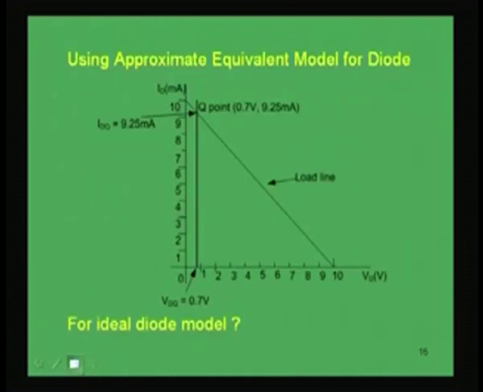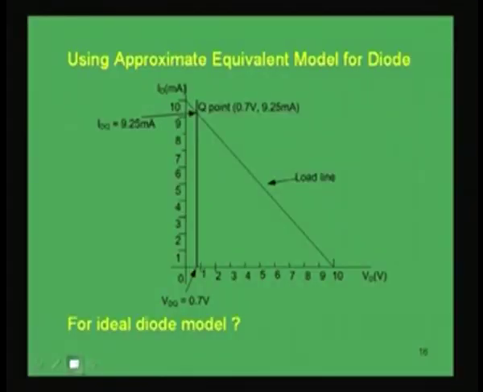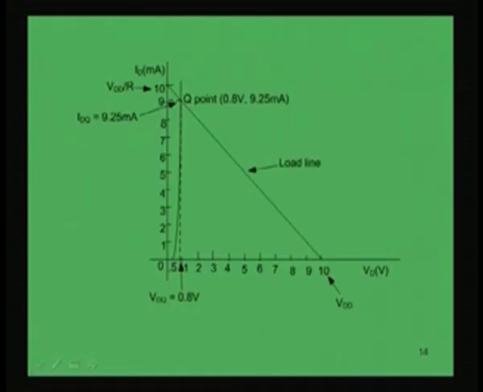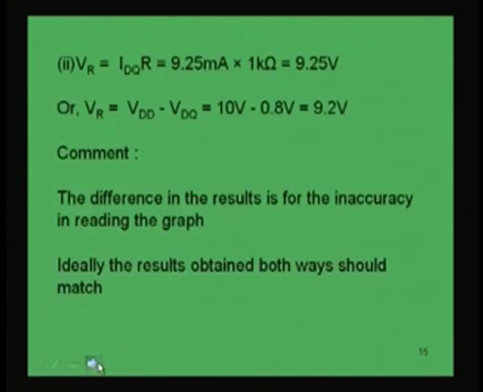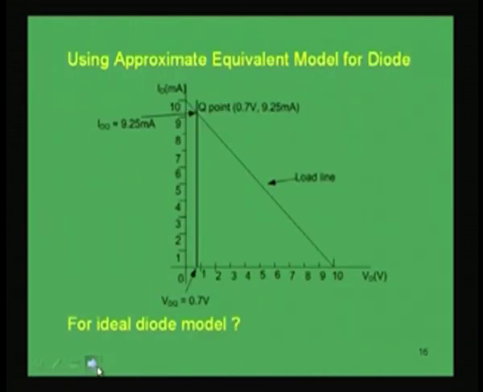Now, in this whole analysis, we have seen that it is very important to draw the characteristic curve and measure everything accurately. Now, that is tedious, or in some cases you do not really need so much accurate calculation. So, we can also use an approximate equivalent model for a diode. That is, if we consider again this characteristic curve which is non-linear, this can be approximated by that piecewise constant voltage model. In the constant voltage model, we have seen that 0.7 volt is the cut-in voltage. So, now if I use that model, instead of this whole non-linear characteristic curve, which is very difficult to accurately measure and is not needed also,